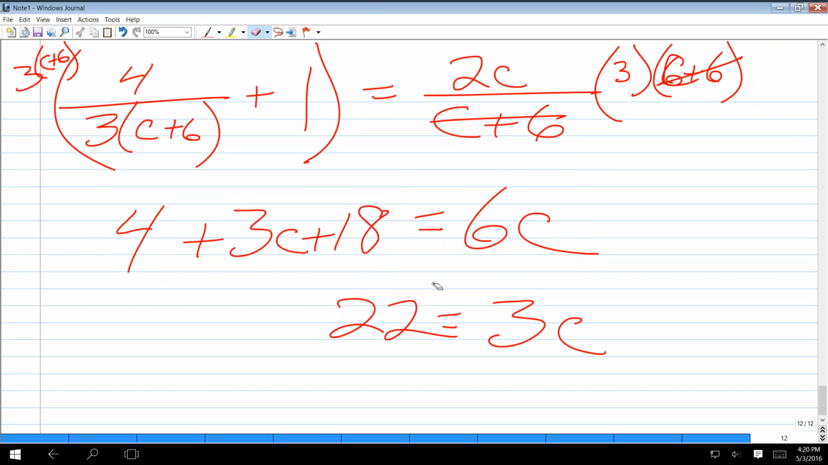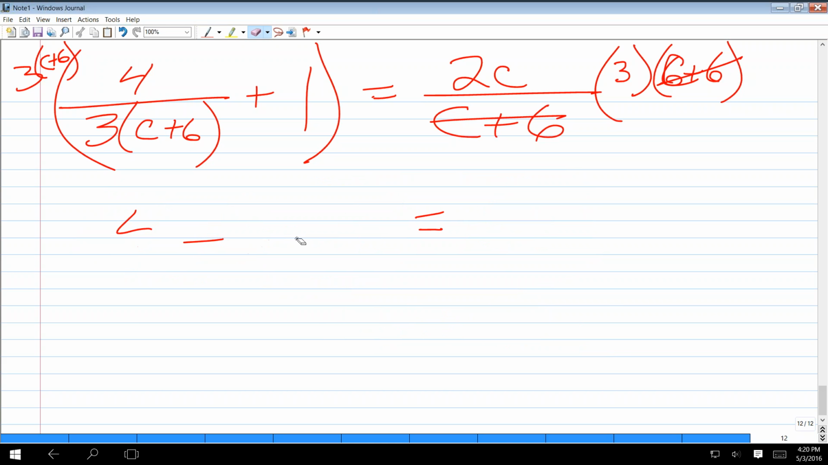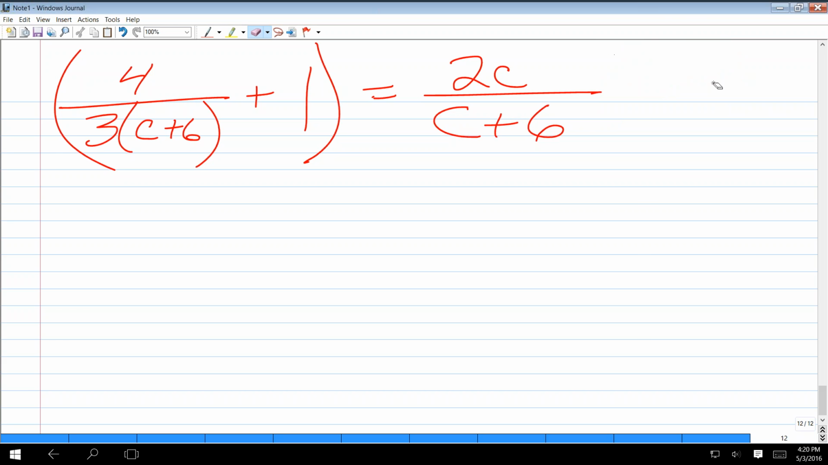Okay? Then you get 22 equals 3c. C equals 22 divided by 3. Now, there's a couple of other things I could have done that are a little more complicated than that. I could bring this term to the left side and then combine it with this term, and then my common denominator, I just have to multiply that by 3, right? In other words, if I multiply the right top and bottom by 3, which I'm allowed to do,